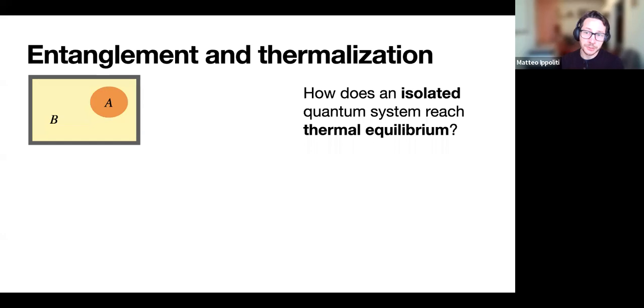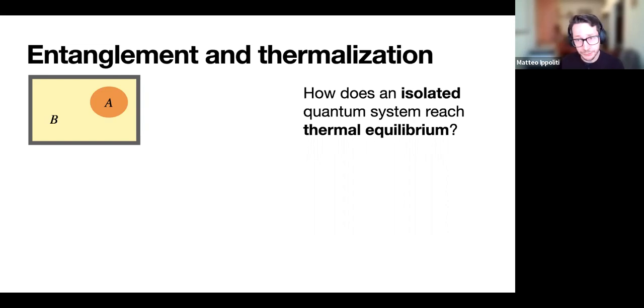And the question is, how do we recover our expectations from thermodynamics? So if we initialize this system in some simple state, how do we recover the irreversibility of thermodynamics and the approach to thermal equilibrium? This is at first glance a bit counterintuitive, because thermodynamics has this concept of irreversibility built in, and quantum dynamics for an isolated system is completely reversible, and it's also linear, so we don't have dynamical chaos in the same way that we do in classical dynamics.